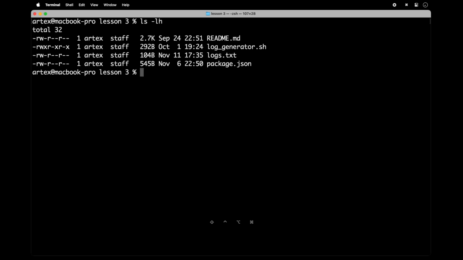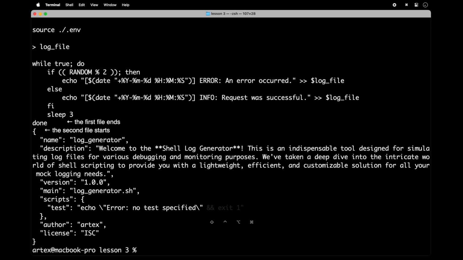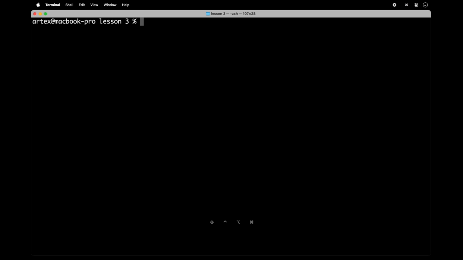In this current directory, I have a package.json file, which we can concatenate with our log file to view them simultaneously. I don't know why, there is no point in it, but still. The cat command will display both files consecutively. When you provide it with only one file, there's nothing to concatenate, so the command simply displays the file as it is. We don't need all that information right now, so let's clear the terminal using the clear command